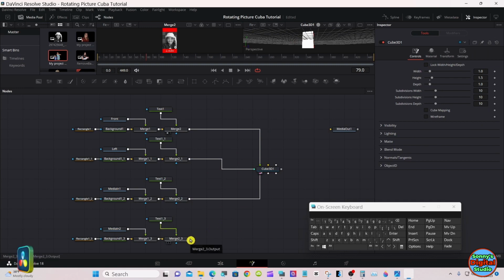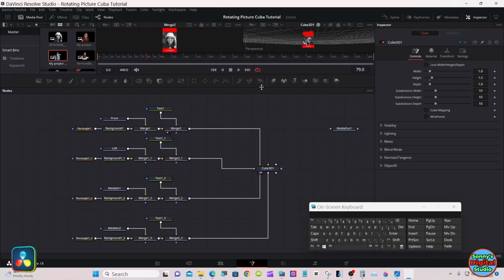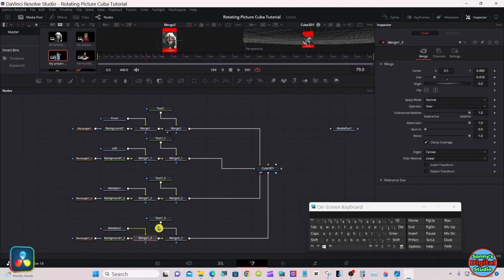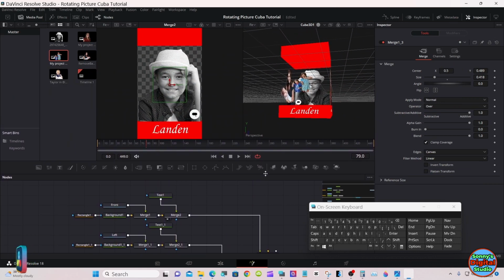And right click and hold on merge 2.3 and go up to the cube and select back. Once again, select that merge, go up in the inspector and size it and move it over where you need it.